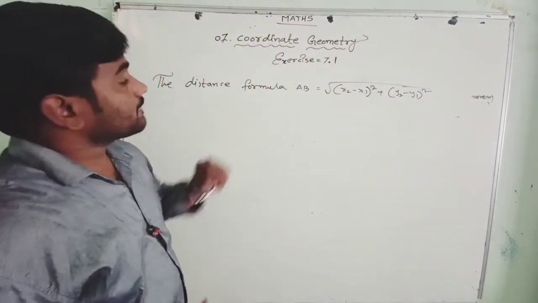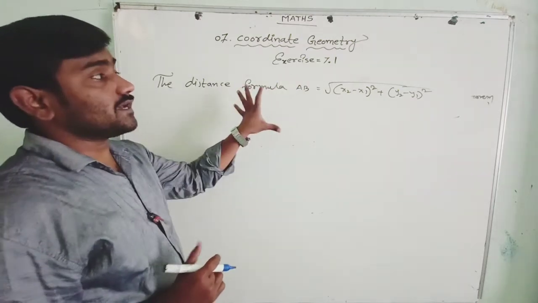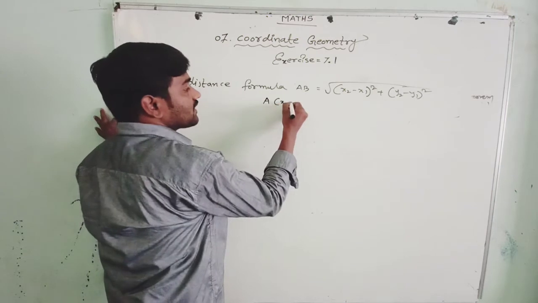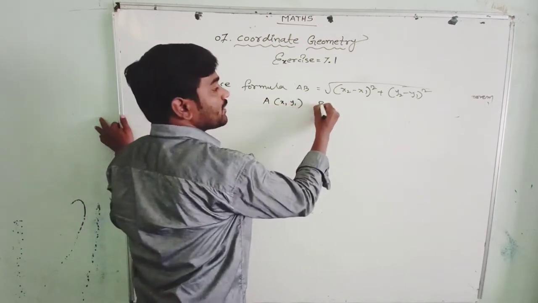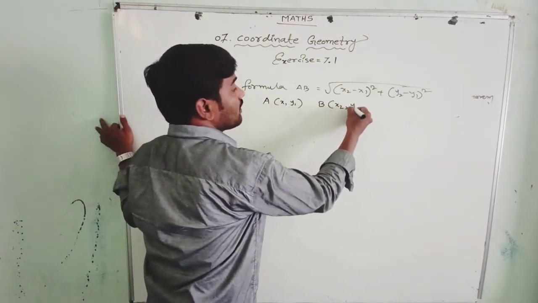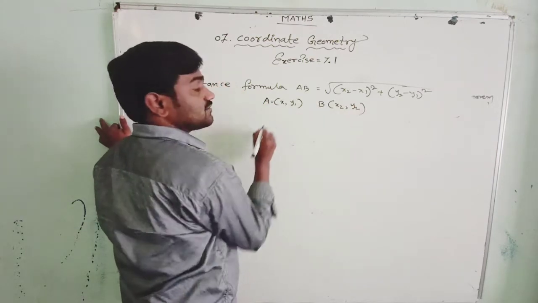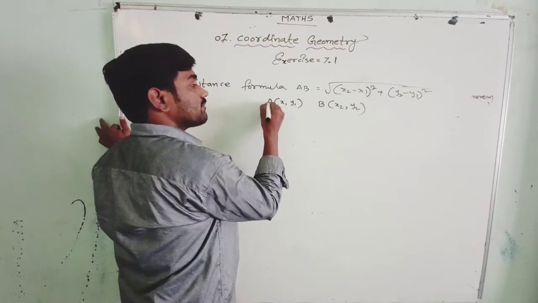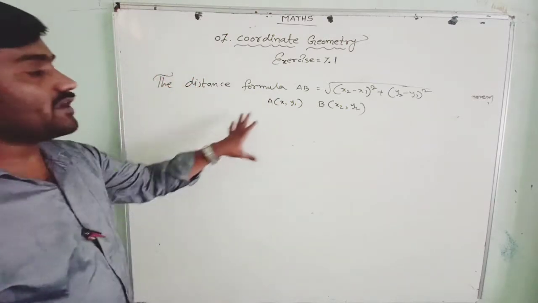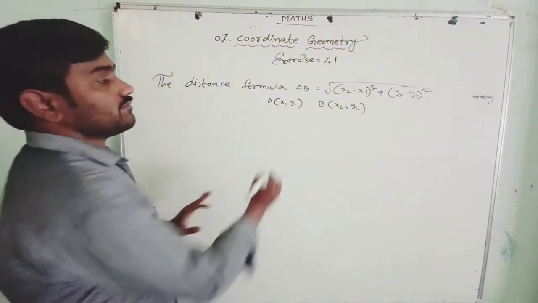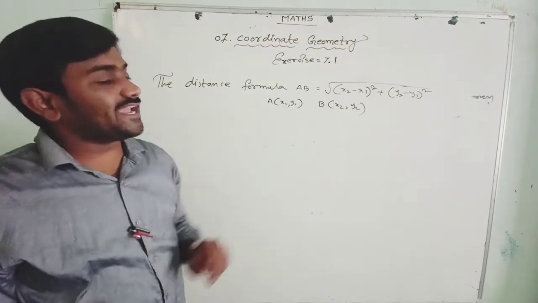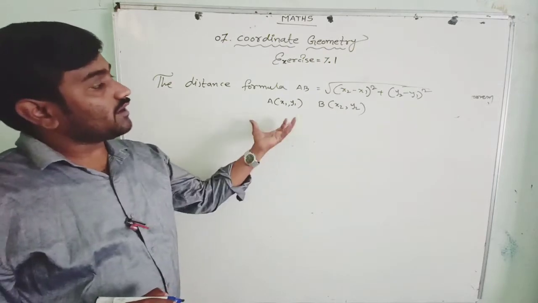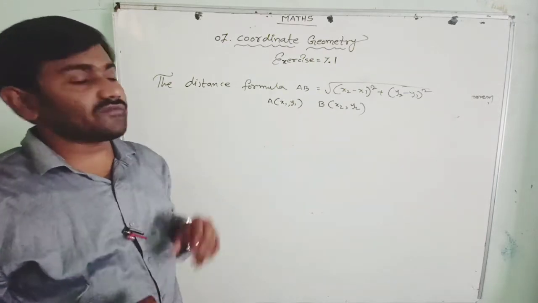So this is the case when 2 points are given, like a point A (x1, y1) and point B (x2, y2). There should not be an equal symbol like this. A point is always given like this: point A (x1, y1) and B (x2, y2), where 2 points are given with distinct values. This is the formula we have to use.